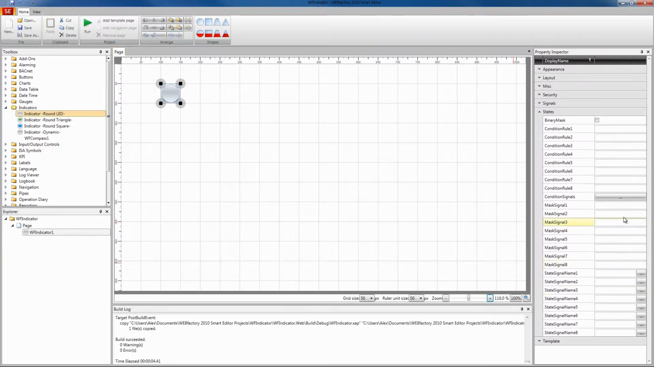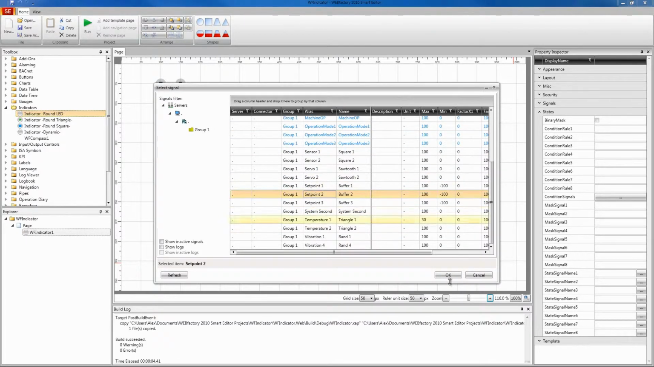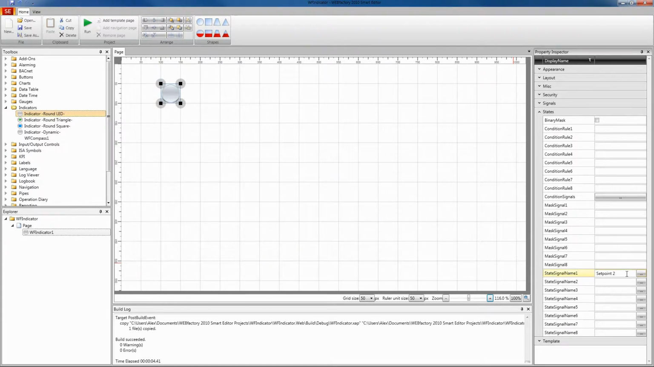So we have, as you can see here, the option BinaryMask, the condition rules, the condition signal, the mask signals, and the state signal name. We're going to begin from the bottom to top, and talk about state signal name. Basically, the state signal name is the signal name that corresponds to each state. I'm going to choose now the set.2 signal for my state 1. And I'm going to use the same signal in all other 7 states. Of course, any signal can be placed here, but for the sake of this tutorial, I'm going to use the same